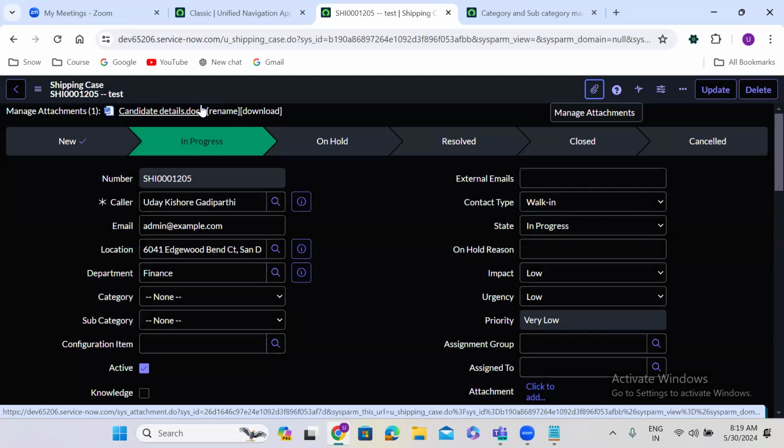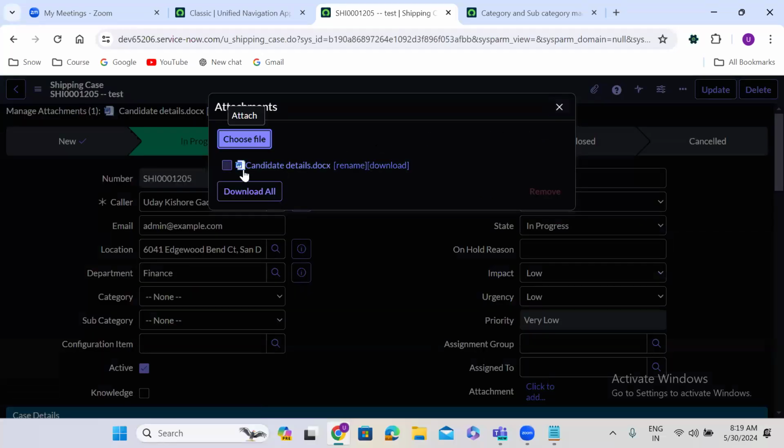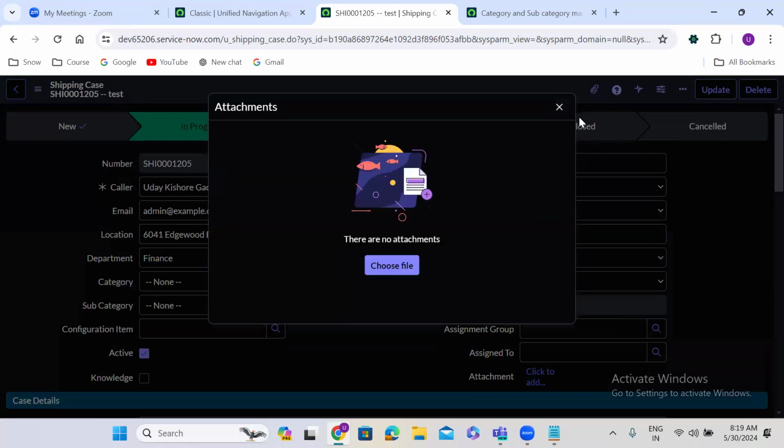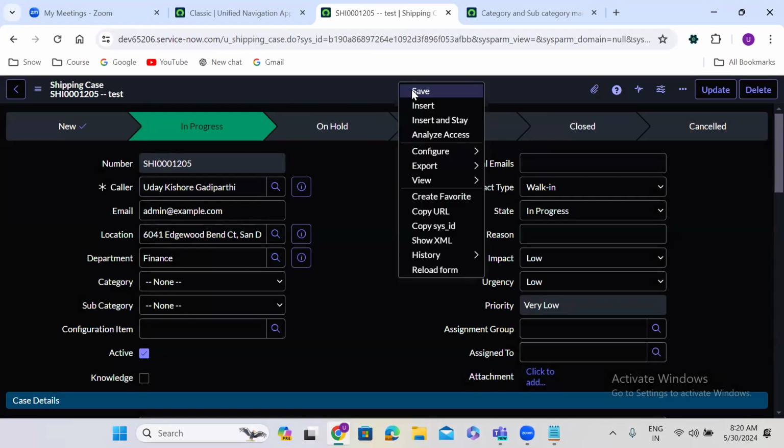Getting my point? Guys, this is a bit tricky one. If there is no attachment found, okay, we have to stop the form submission. So now there is no attachment, right? Whenever you are trying to submit the form,